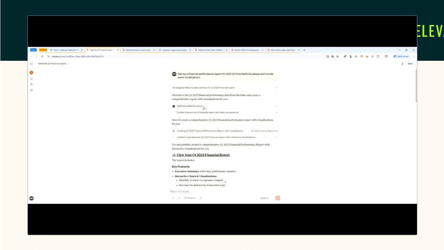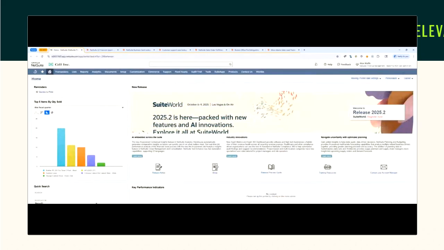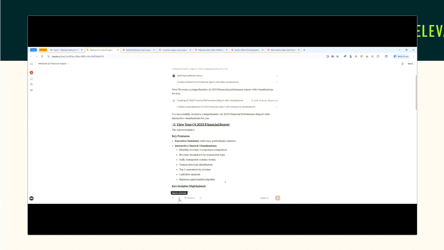Now, if you're watching this, you might be thinking, well, how does it know that I have permission to see financial performance? And that's a great question. So this tool operates under my user account. When I configured this tool in Claude, I first had to log into my NetSuite as an MCP user, the special role that I created, and connect. And it's going to use this MCP user's permissions to carry out any of these tools.